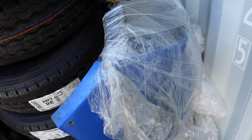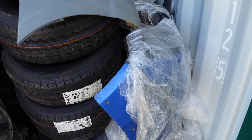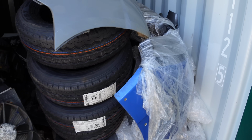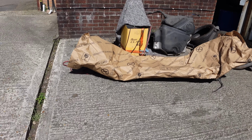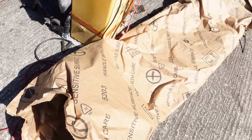And looking at other adverts, it's about 300 quid, and even those, there's not one perfect bumper online for sale. Every single one has at least one issue, and the more expensive ones are 300 quid. So I got very quickly bored of messing about finding used bumpers, and I just went to Audi Direct, bought a brand new bumper for 450 quid, which isn't actually that much more expensive, but it's brand new